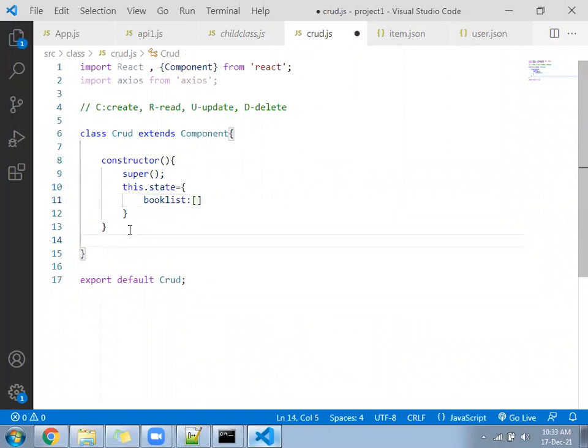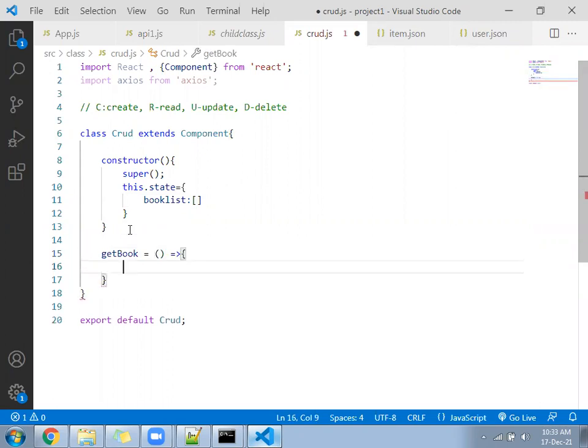Now come down and write a function called getBook equal to a fat arrow method. Inside, you will call axios dot get.